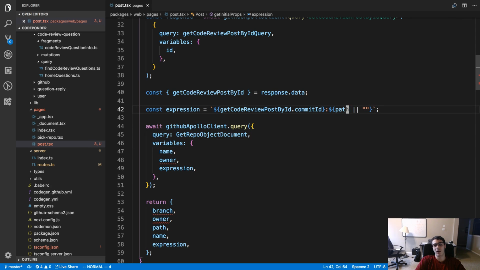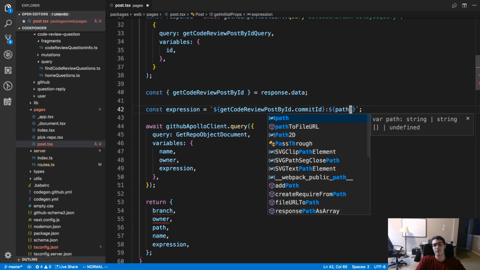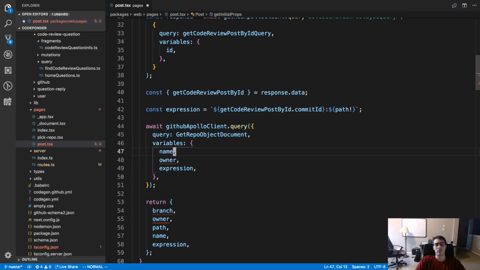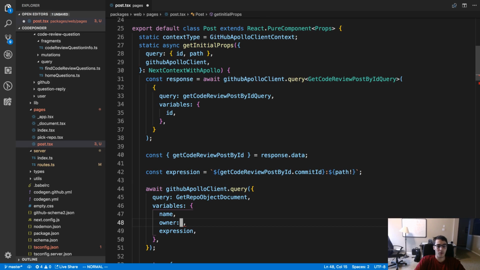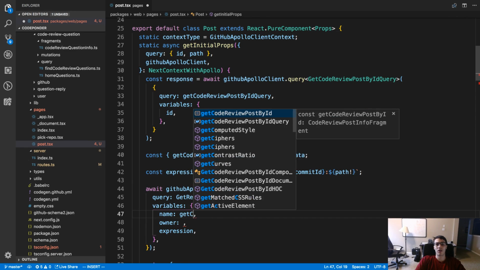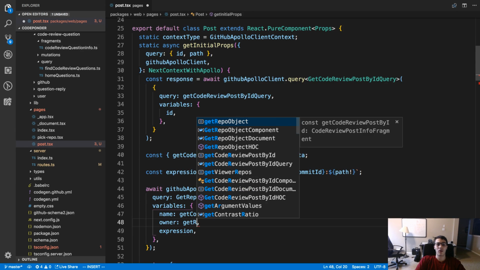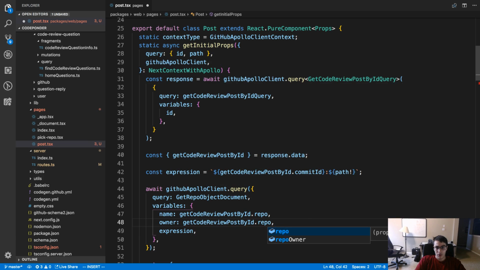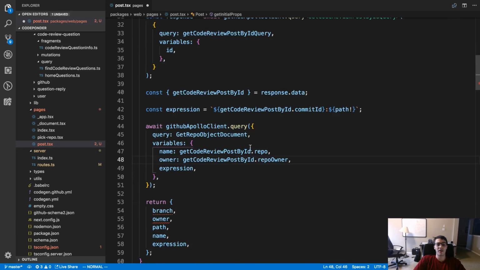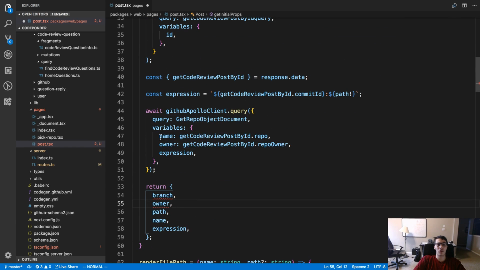I'm going to do error handling in a second. So pass in the expression, where is name coming from? We're not passing that in right now either. So that's going to be get code review dot repo owner. Alright, so once we pass all that stuff in, we're good. Pass that down here as well.